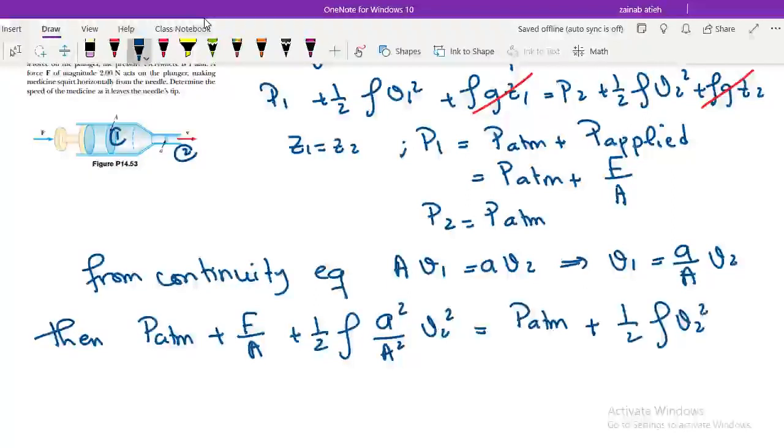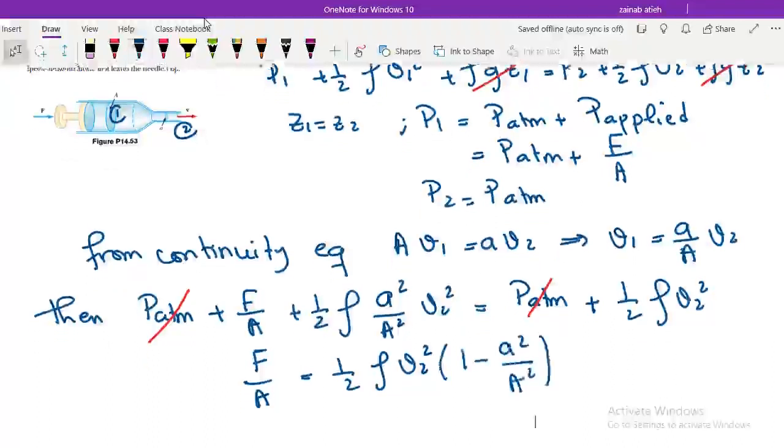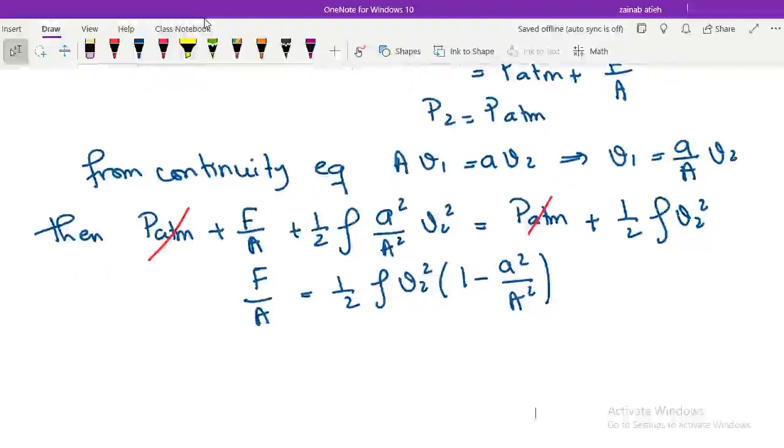Okay, let's group V2 squared to one side because we are searching for V2. So P atmospheric with P atmospheric will be cancelled. I will group V2 to one side, so I will get F over A equal to half rho V2 squared, taking it common, times 1 minus a squared over A squared. Okay, we have everything. We have F, we have all numbers. Substitute for your numbers. So V2 is equal to